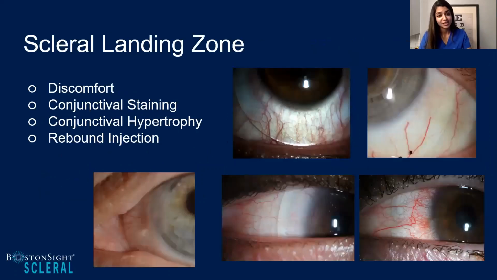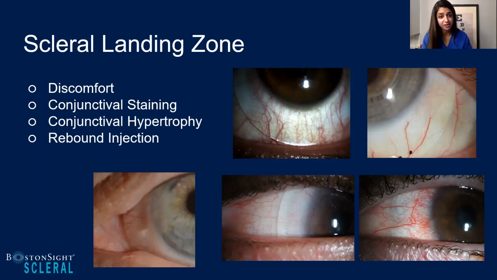So the scleral landing zone, a lot of this is going to be associated with not only the fit of the lens, but also how your patient feels with their lens on. So part of it is the comfort, any discomfort, whether it's a pressure sensation because the edge is too tight on the eye, or an edge sensation where the patient keeps catching the lens. Really evaluating your scleral landing zone is crucial. Conjunctival staining, as I mentioned before, I use my lissamine green religiously to really look to see what the edge is doing to the eye.